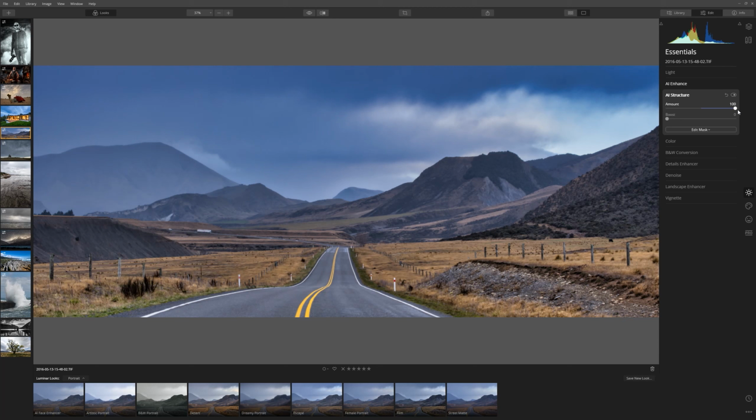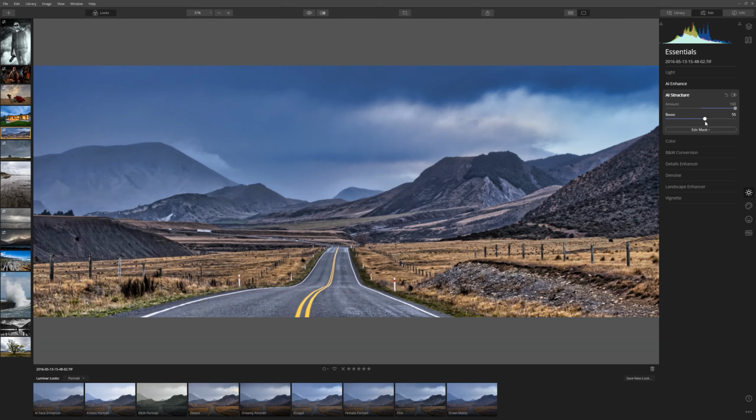So this is where we dive into AI structure and really see what this slider can do for us. As we push that up, that has really improved this image. I really love that. We've got all the detail through the mountains, the sky has become much more rich and interesting, and all of the details here in the foreground too. If we boost it, we can push that even further. Wow, you can see just how far that you can take this if you want to, but I'm just going to ease those sliders off just a little bit so we're still keeping all of that drama